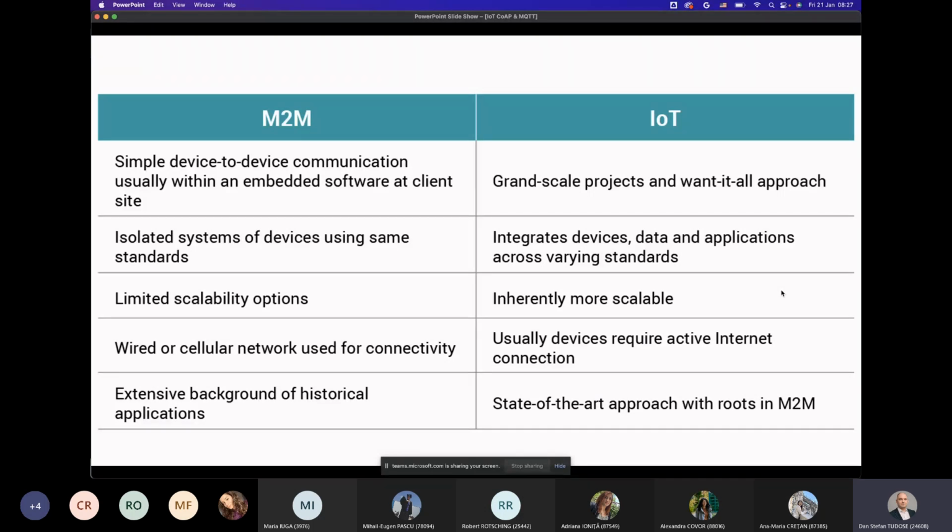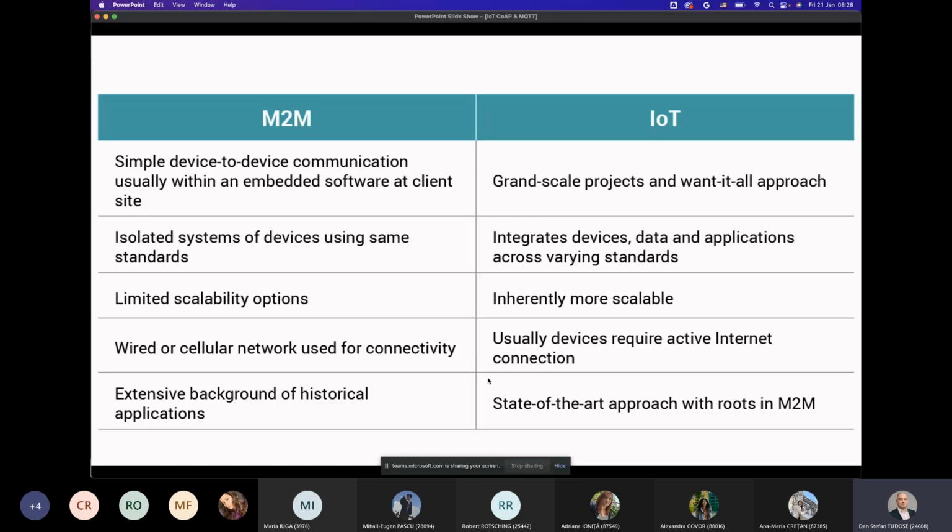You merge data sometimes, you integrate different applications, and you work across varying standards with some sort of protocol stack that unifies everything. M2M has limited scalability options because of having isolated systems, whereas IoT is inherently more scalable because of that.